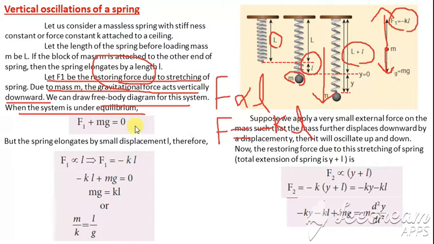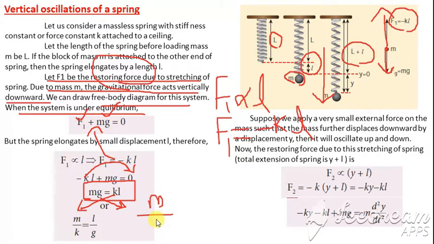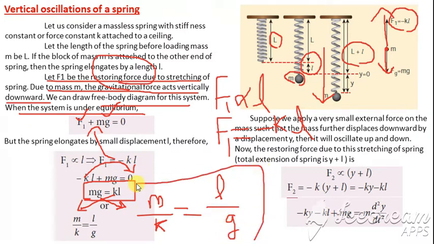So this plus this is equal to 0. So F1 plus mg is equal to 0. Here we write F1 proportional to l, so F1 is equal to K into l. Substitute this value of F1 in this. So minus Kl plus mg is equal to 0. Bring this term to this side, so minus becomes plus. So mg is equal to K into l. Now bring this K down and g this side. So m divided by K, because K is brought down, is equal to l, which is already here, divided by g, which we are bringing down. So l divided by g. Keep this value as it is.